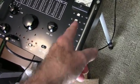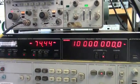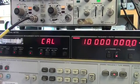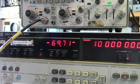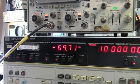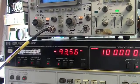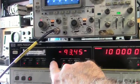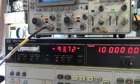I've got an attenuator on the Clegg here. And looking at the output here, well, it's calibrating. I'll wait a second. Minus 73 dBm, 69, minus 69. Okay, I'm going to switch 20 dB. And I've got it on average. This will take a second. 93. Well, that's a little more. 93.45. Let's take it out of the average here, see if that's any different. 93, 94,